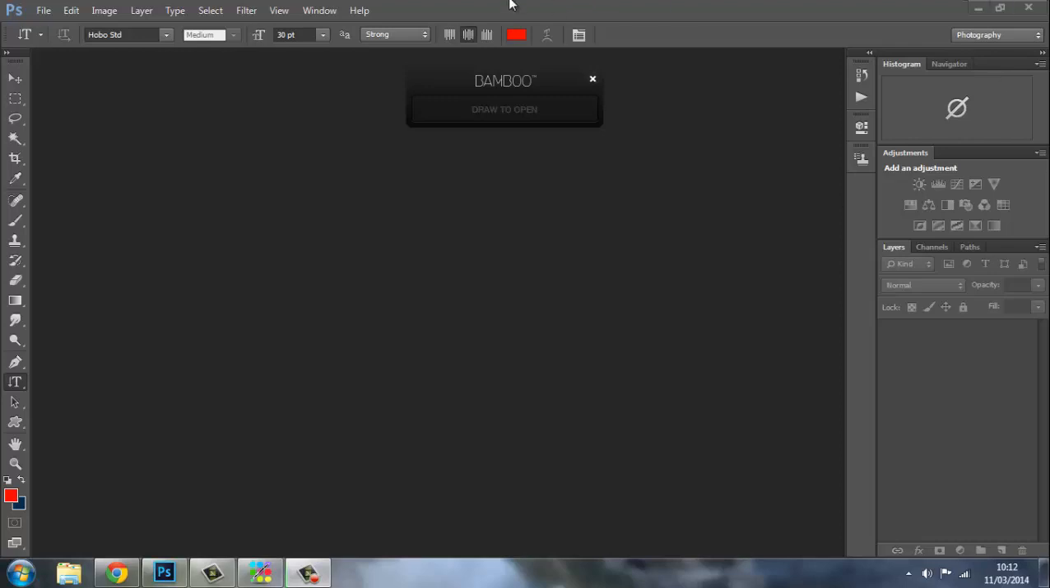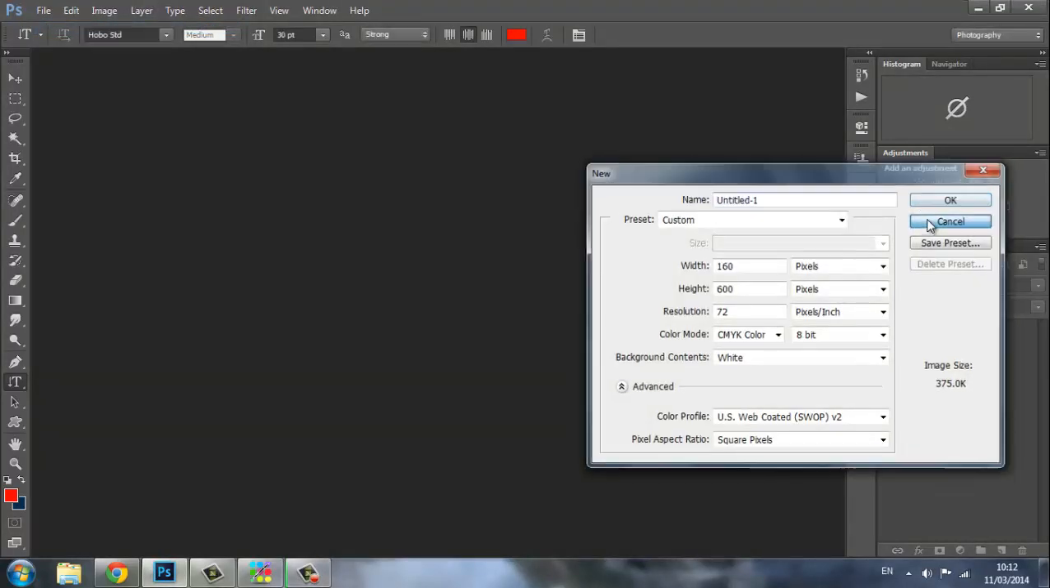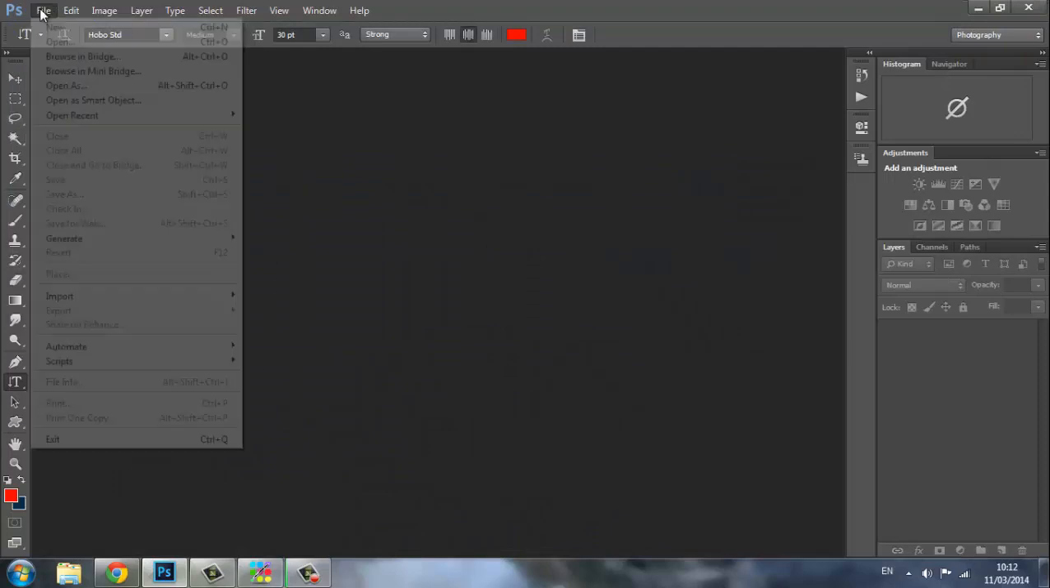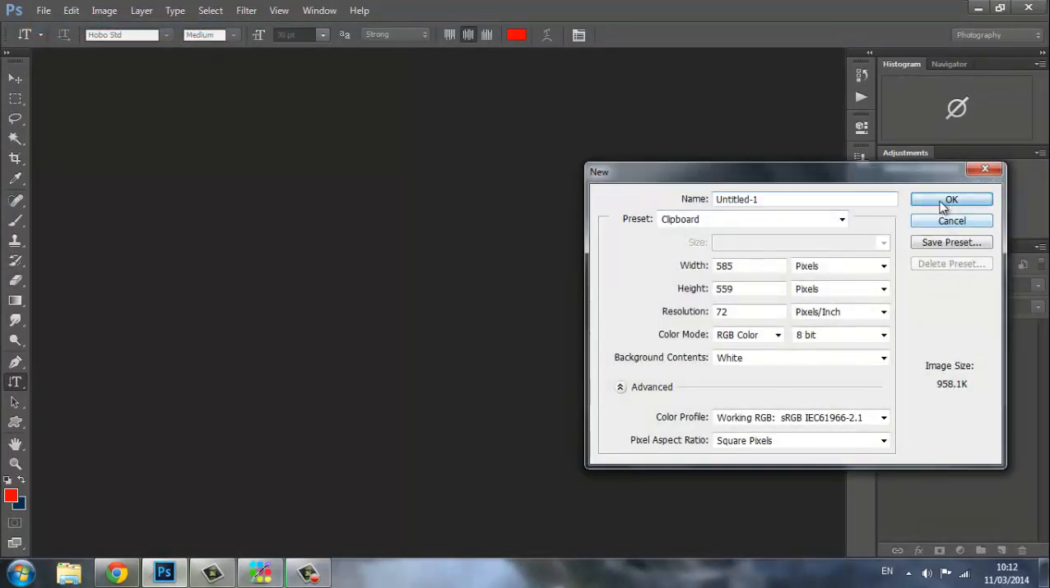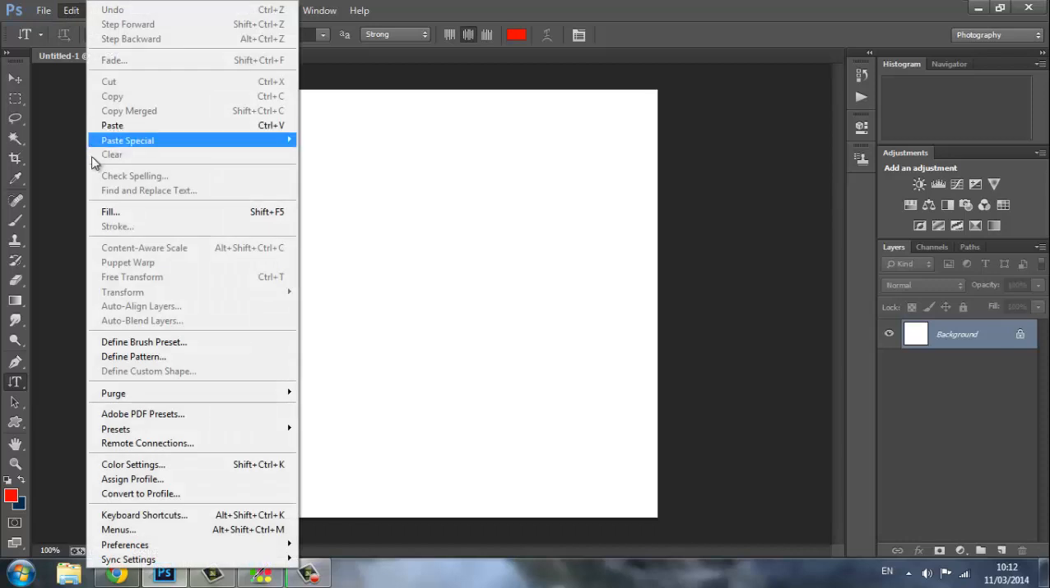Today I'll be making a t-shirt. I've had a lot of requests to do this, so I'm literally going to cover everything, the basics and a few advanced things that would help your t-shirt become a lot more popular. So what you want to do